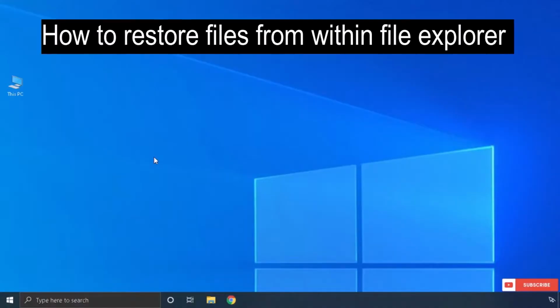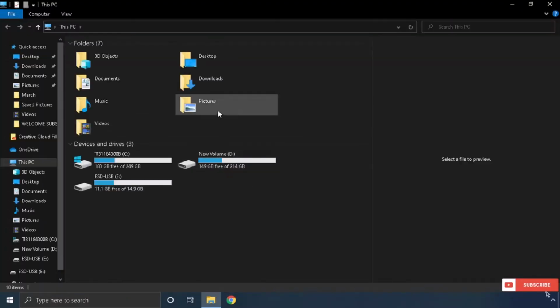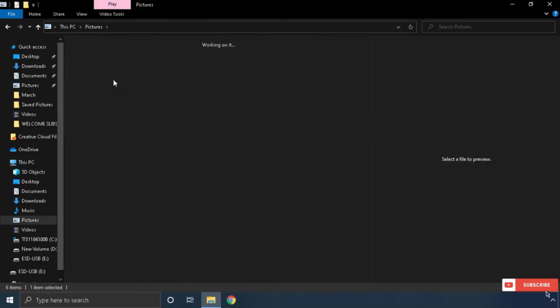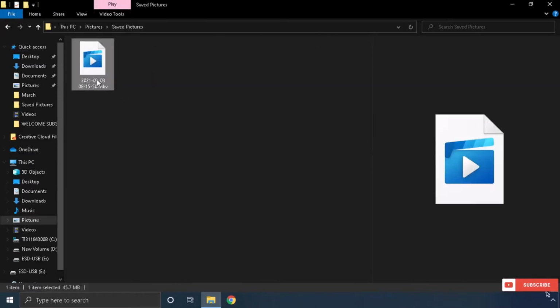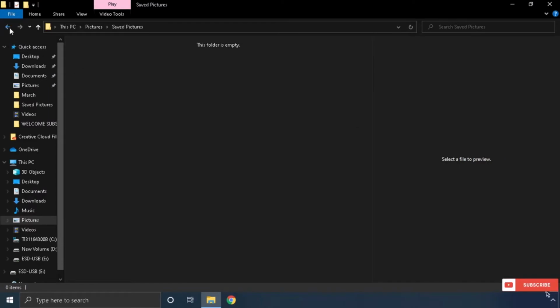Now let us see how to restore files from within File Explorer. For doing this one, just go to the specific folder. For example, this one, I will delete again from here. It's deleted.